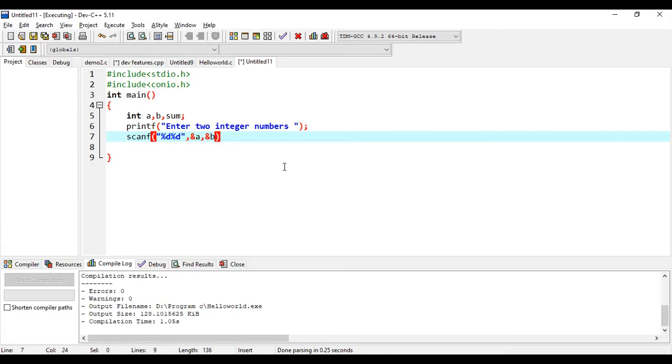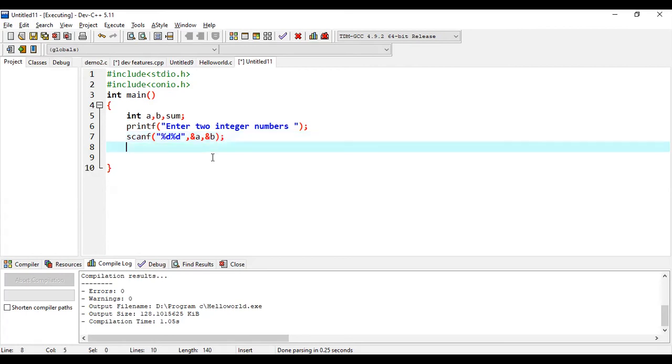The end of the line should be terminated by a semicolon. In this scanf function, the first format specifier %d indicates ampersand a, and the second %d specifies the second variable, ampersand b. The ampersand symbol specifies the address of the variable a. So we are going to store the value in this particular memory address.